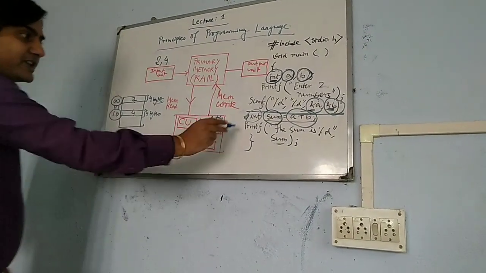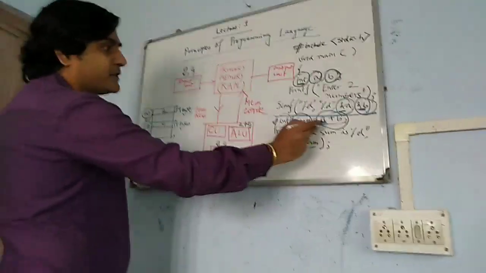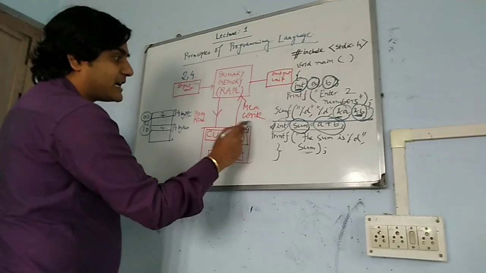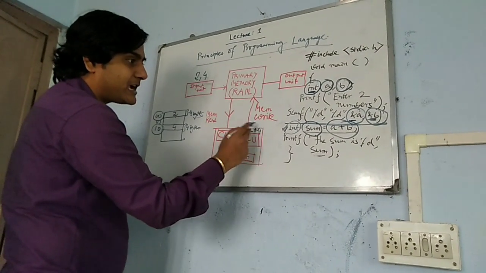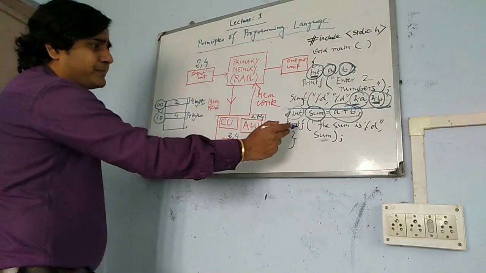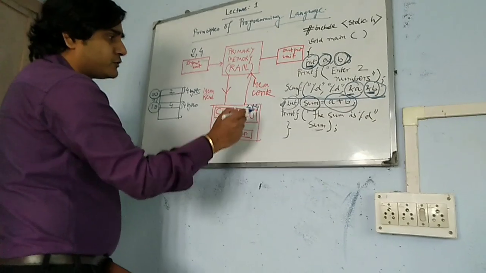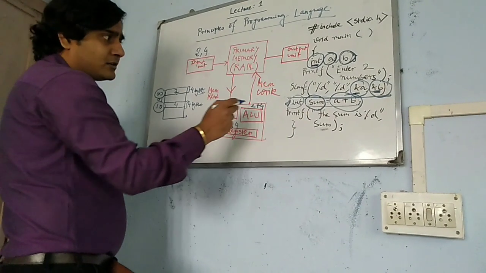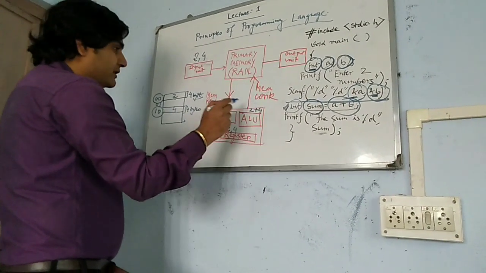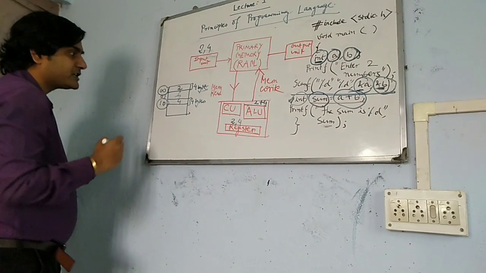Now again printf. So after this step, int sum equal to a plus b, it is still here. Remember, it is still here. It is in the arithmetic logic unit. Now, in the final step, printf the sum is percentage d comma sum. Now, this 2 plus 4, through a memory write operation, this result 2 plus 4 must be stored in some location, say in 0, 1,